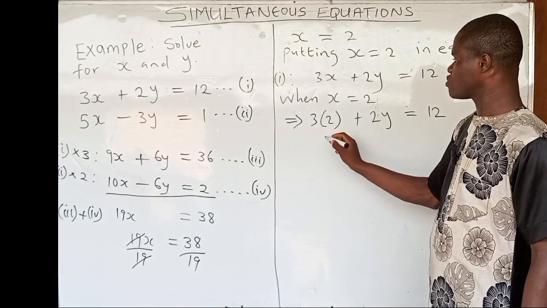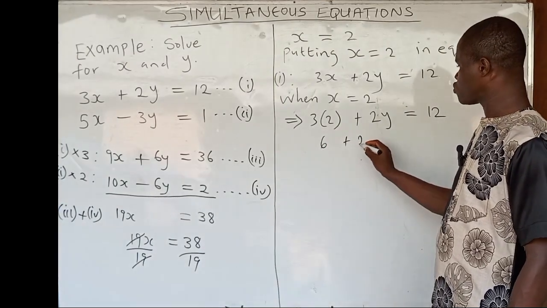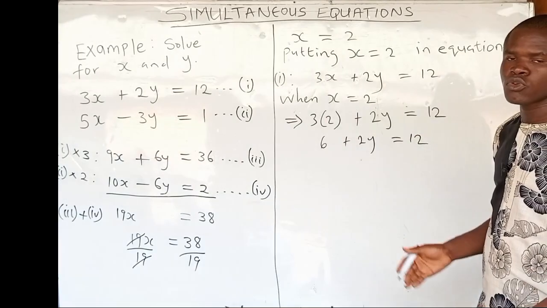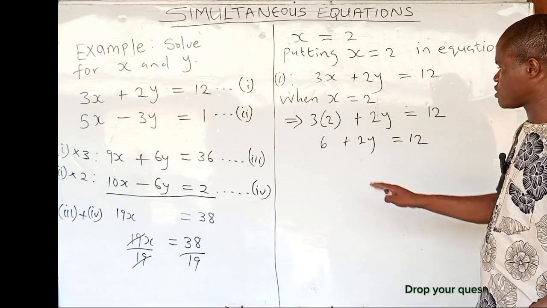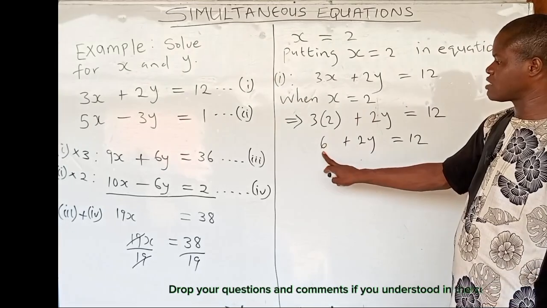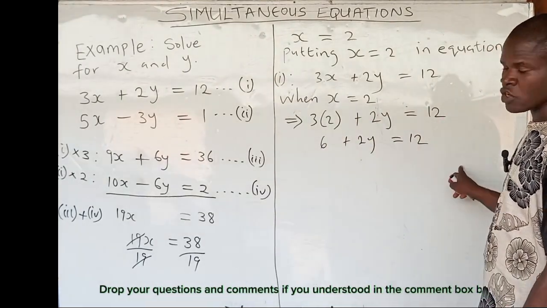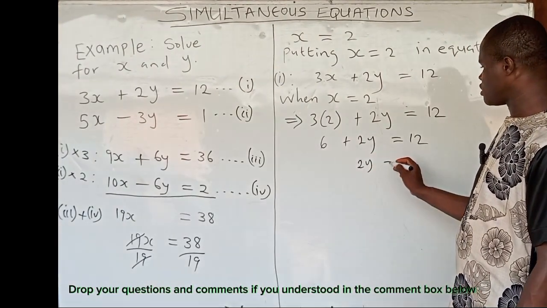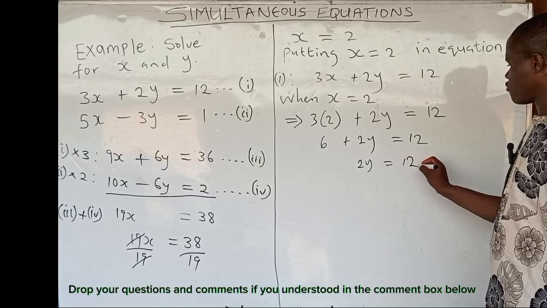So 3 times 2, 6 plus 2y is equal to 12. The next thing to do is to collect like terms. Leave this 2y here because it has alphabet y. Then this 6 here, move it across the equal sign. So this becomes 2y is equal to 12